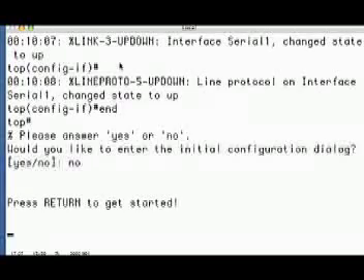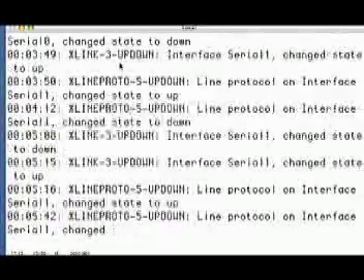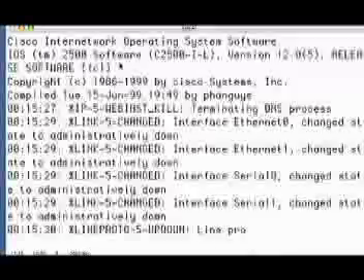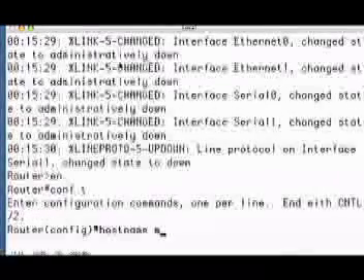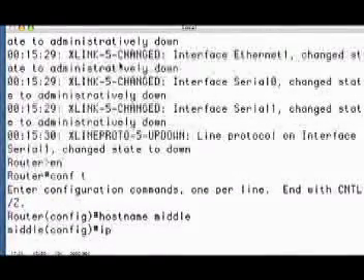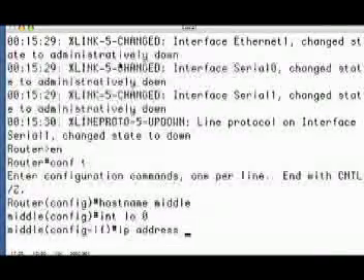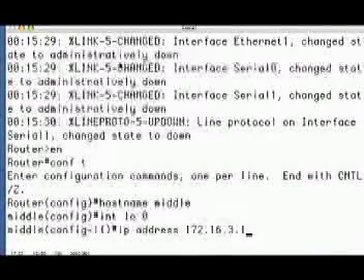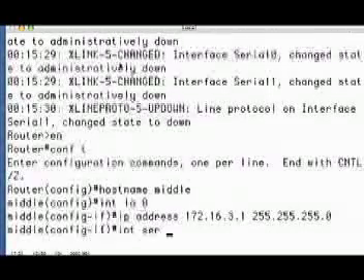This is the middle router. What I did is before the session I did a write erase and then I did a reload, so that way our routers are fresh. Hostname middle, int loopback 0, IP address 172.16.3.1, 255.255.255.0, int serial